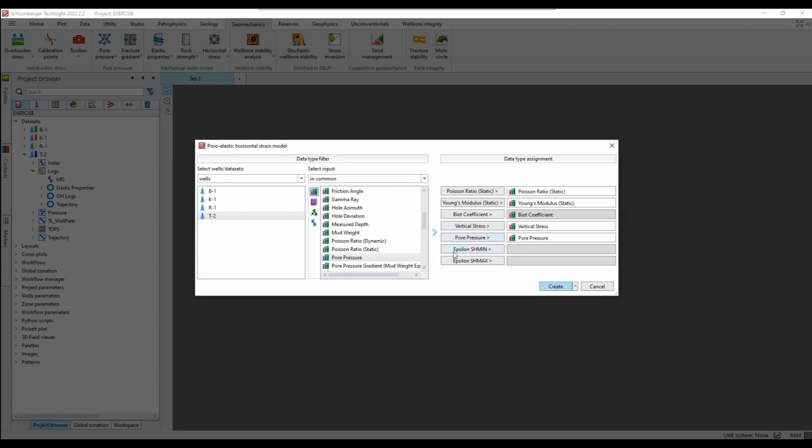I don't have epsilon SHmin and epsilon SHmax, so these are two constants. They depend upon your lateral heterogeneity or lateral variation in the stresses, the local stresses or the regional stresses. Sometimes you need a complete geological model, a structural model of the area, to define these two variables or constants. The estimation equation of SHmin and SHmax considers the heterogeneity in the maximum horizontal stress direction and the minimum horizontal stress direction. Right now we are going to provide this constant depending upon the actual data we have recorded in the well. So we will back calculate these parameters. So hit create